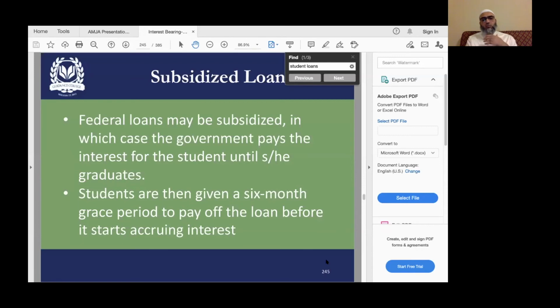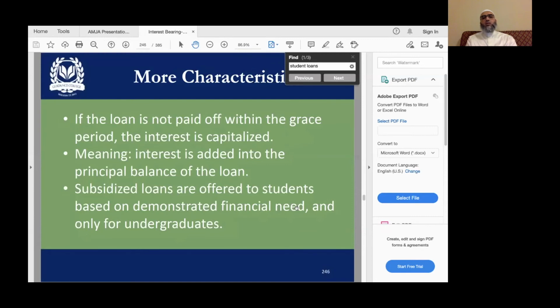We said in AMJA that if those options, the halal by default options, are not available or insufficient, then you can go with the subsidized loan. If the subsidized one is insufficient,